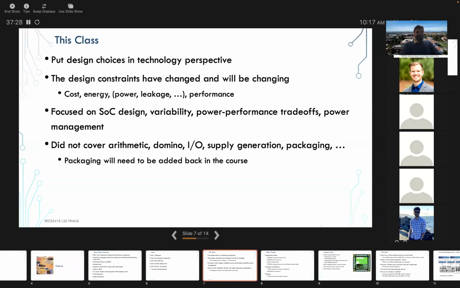We try to put design choices in the perspective of technology. Design constraints have changed and will be changing. This thing with the power has become probably the most pressing thing that we are dealing with. Essentially, the power density